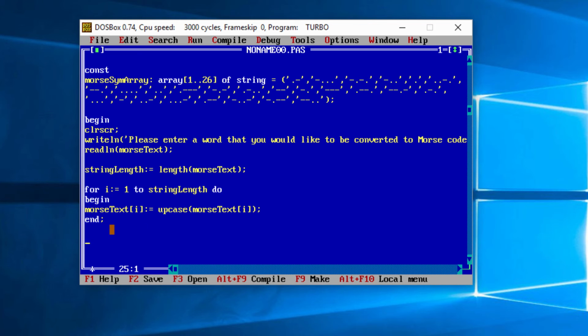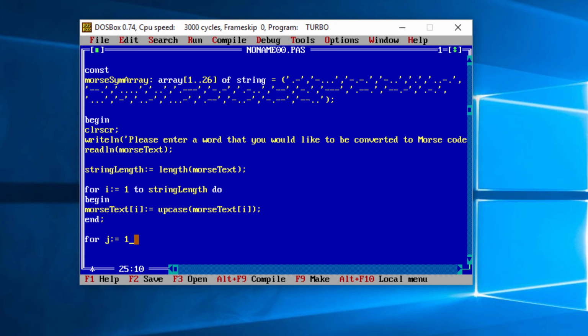I showed you the ASCII chart at the beginning, and we can use that to great effect here. So let's do the loop first, and then I'll show you how we convert letters to their corresponding value in the ASCII chart. So we're going to use another variable for j